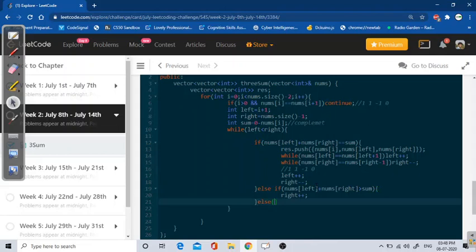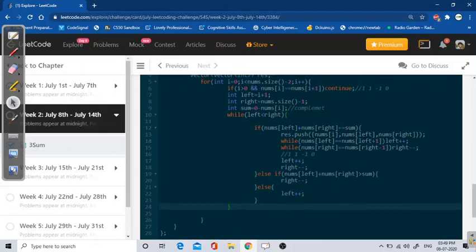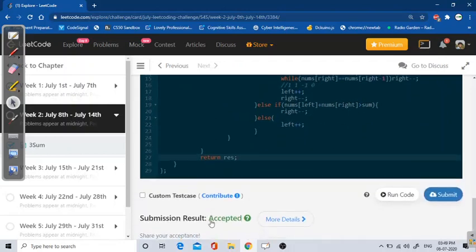Or else if it is less than sum, I will increase left plus 1. After that I'll come out of the loop, and at the end I will return the result, a 2D vector.